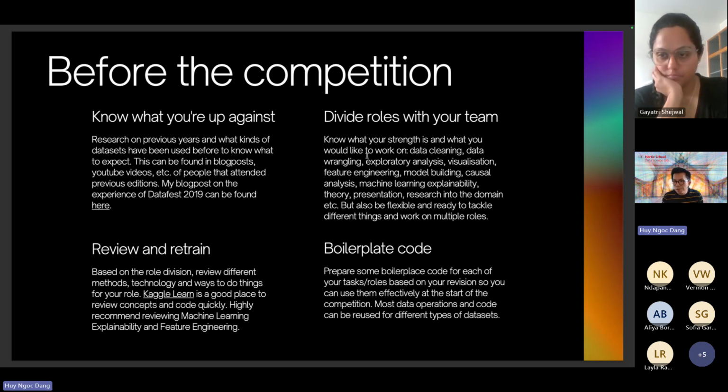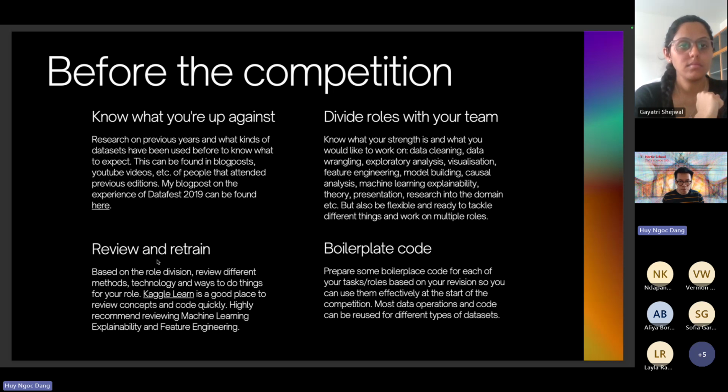But what I found is the most effective for most teams is just to know your clear role first before you come into the competition. So you can also prepare yourself, right? For example, people in the presenter role can do some research on perhaps what is the best way to present your findings to the judges. What are some fun ways to incorporate into the presentation so that it's more exciting and easier for people to understand? That basically means that you have more preparation. So clearly defined roles lead to better prepared individuals for the team. So that's my general recommendation.